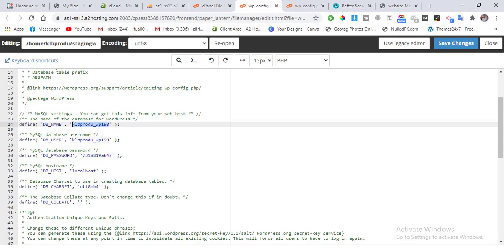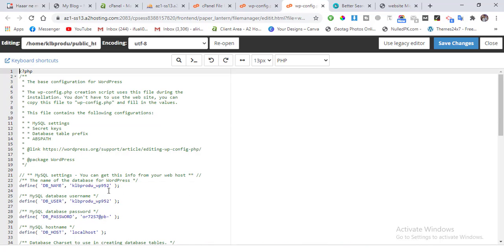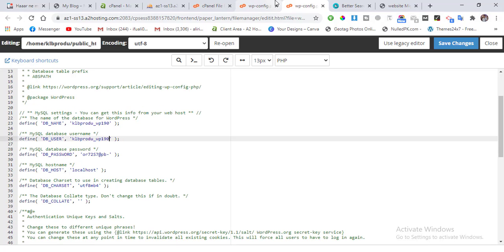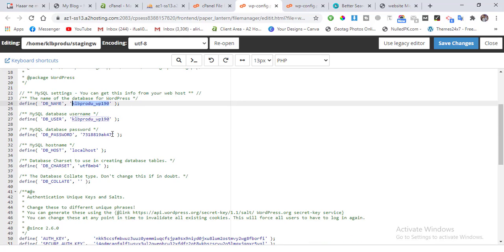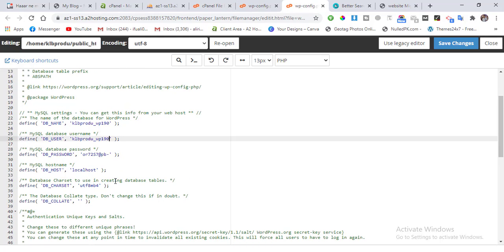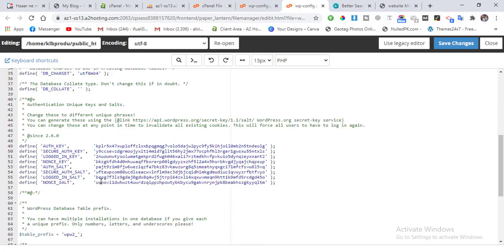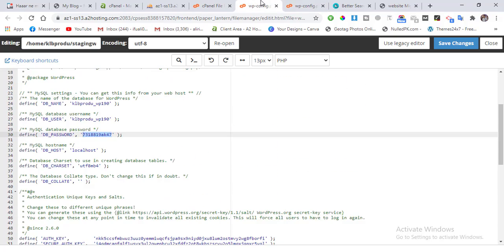Copy the DB name. Copy the password. Copy the table prefix.